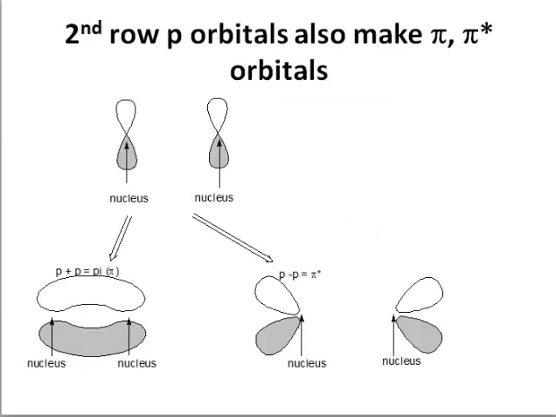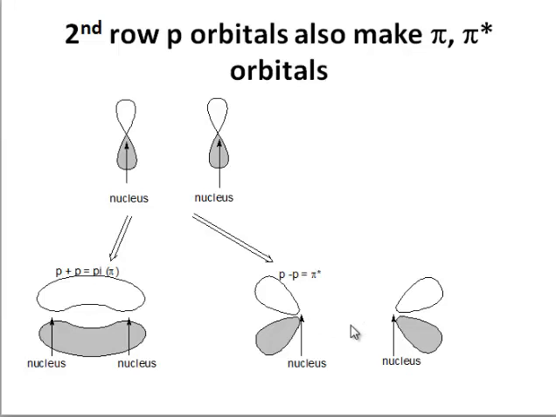In addition, second row p orbitals that do not point along the bond, that are perpendicular, can be used to make pi bonding orbitals, something we saw in the last lecture. But at the same time, it's also possible to make pi anti-bonding orbitals. And again, we see that while pi anti-bonding orbitals have all sorts of crazy lobes where electrons can be,